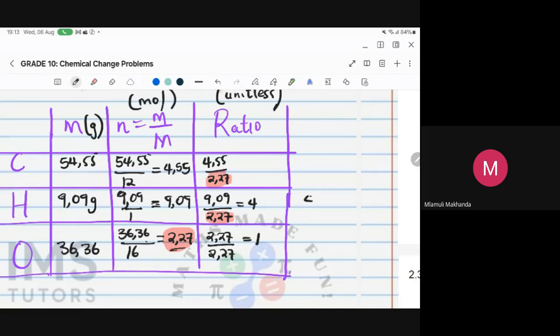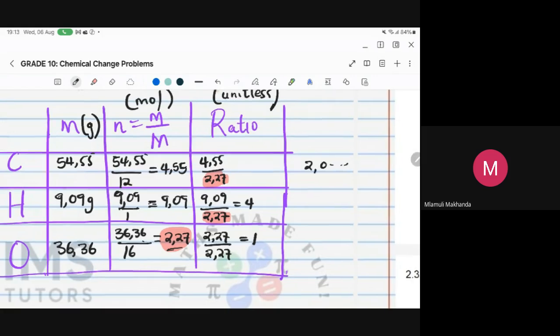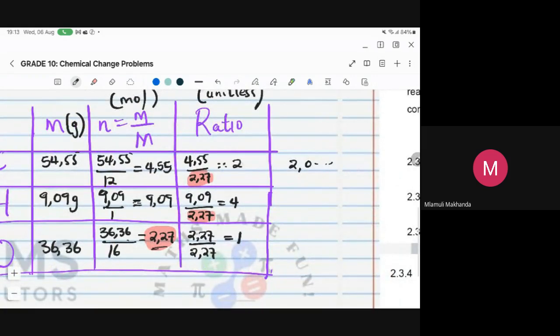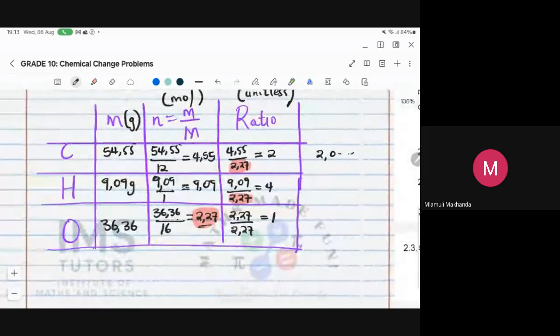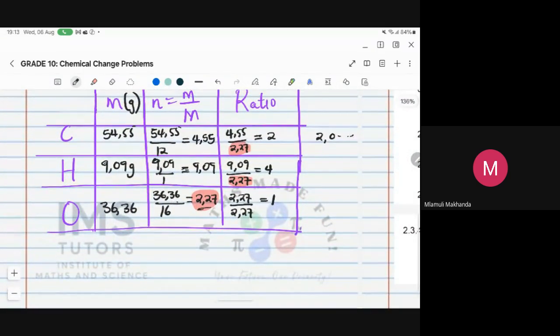The actual answer is 4.004 something something, but you just take the whole number. Remember that. And then 4.55 divided by 2.27, here we got 2.0 something something, and you just take 2, right? So now we say, therefore, empirical formula